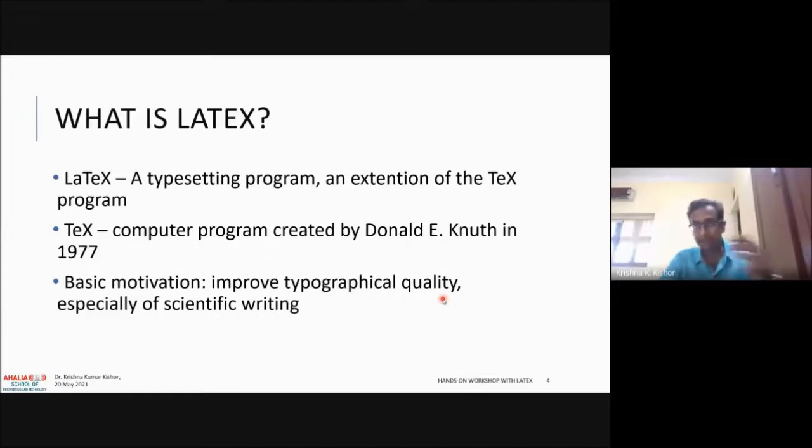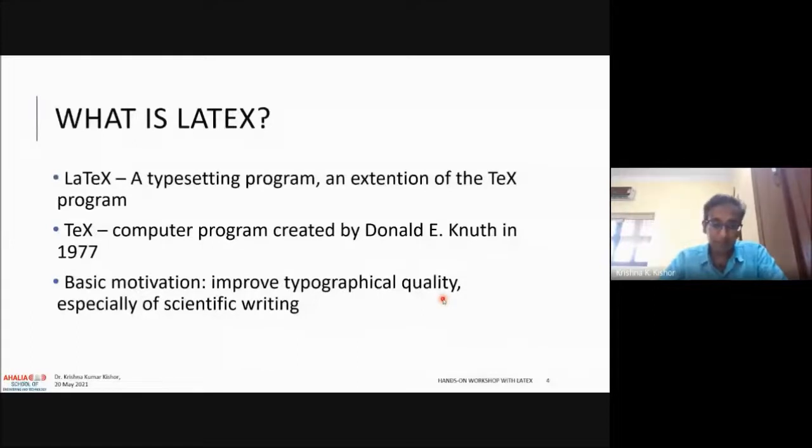I first used LaTeX when I did my final year undergraduate report in LaTeX. That was my first introduction to LaTeX, and since then, when you do your masters and your PhD, when you're submitting papers, you start getting more familiar with LaTeX. It's always a learning process with LaTeX. It's never that you know the entire thing.